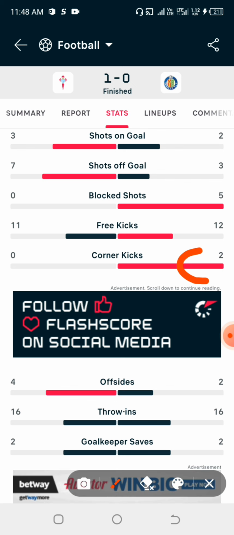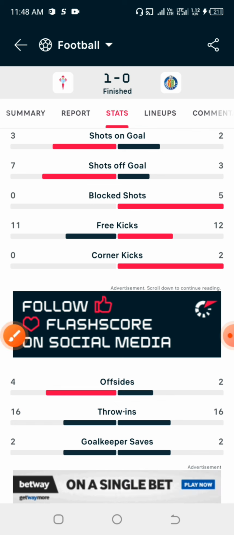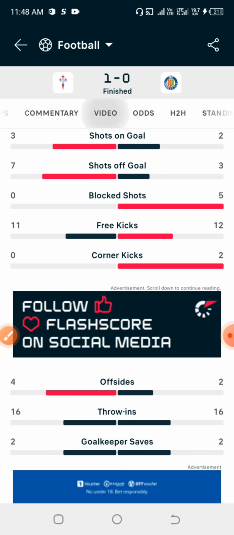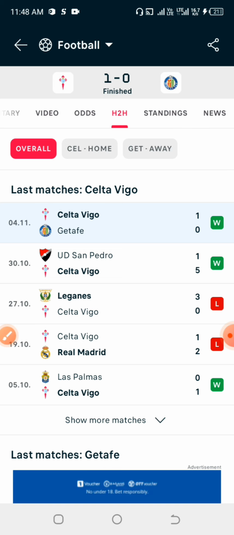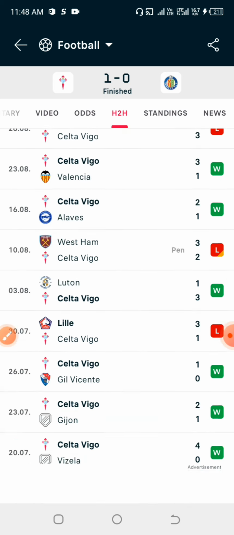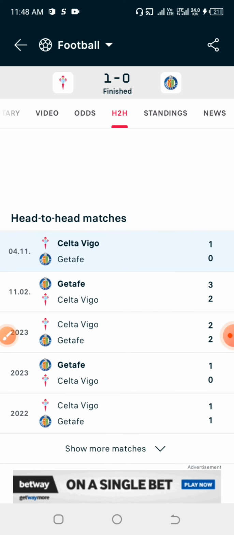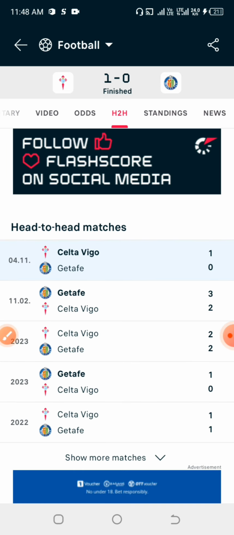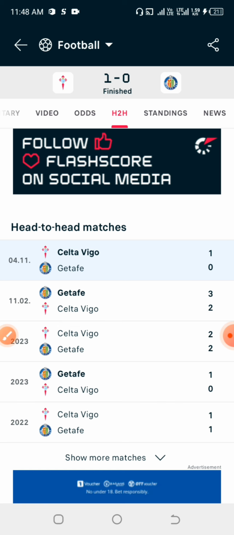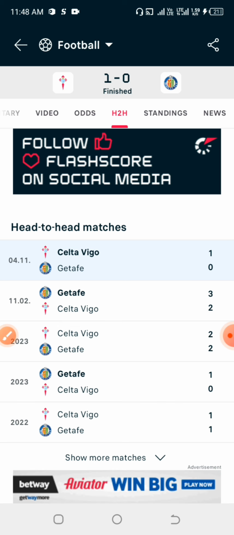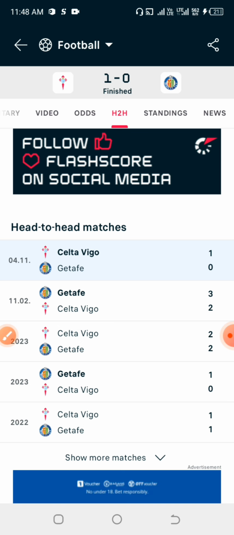Let us look at the last previous games to see what could have happened, because there are some things I always do when it comes to corner predictions, and I always try to play safe. If you look at the last games of the home team, the away team, and their head to head, these are the things I always look into, and the only information you can access to understand how these teams have been playing in their previous games.